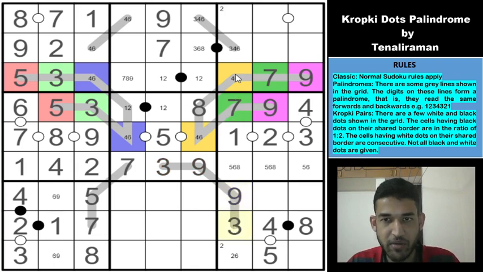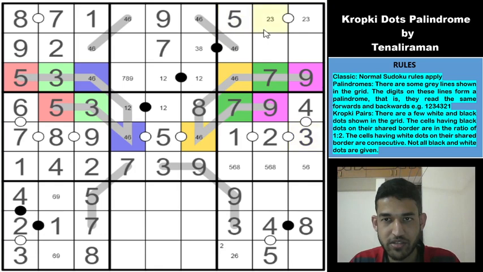So this 3 eliminates the 3 from here. So correspondingly 3 is eliminated from here. So both would be 4, 6. And we have a 4, 6 pair now, right? So this is not a 6. So 4, 6, 9, 1, 7, 8. So 2, 3 and 5, out of which 2 digits are consecutive. So this will be 2 and 3 and this would have to be a 5.